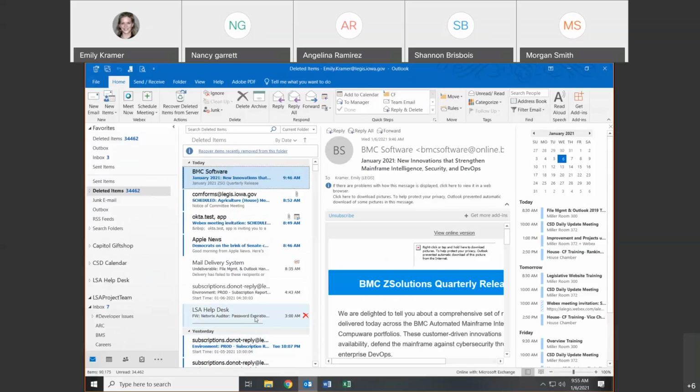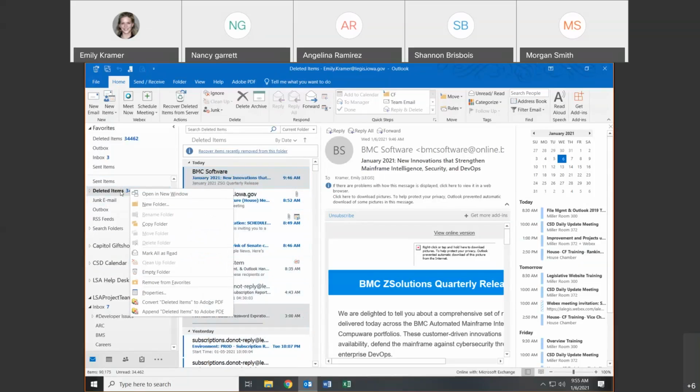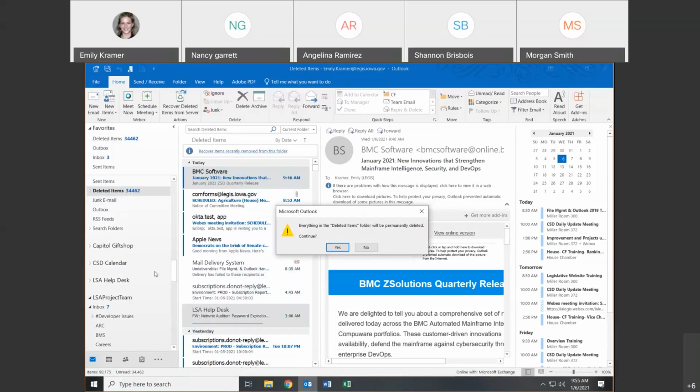So every once in a while, though, people get proactive, and I have a couple clerks a year that are like, okay, this is ridiculous. We have like over 100,000 email messages in here. We got to get rid of some of these. Okay, great. So you go in here, and you start deleting these. Or you could right-click and say empty folder. And it's going to prompt you. Every time you delete something, it's going to make sure that that's what you want to do first. So it's going to say, everything in deleted items folder will be permanently deleted. Should I continue? If you say yes,